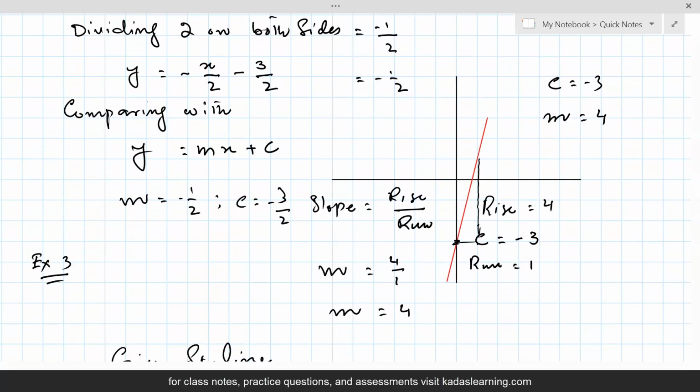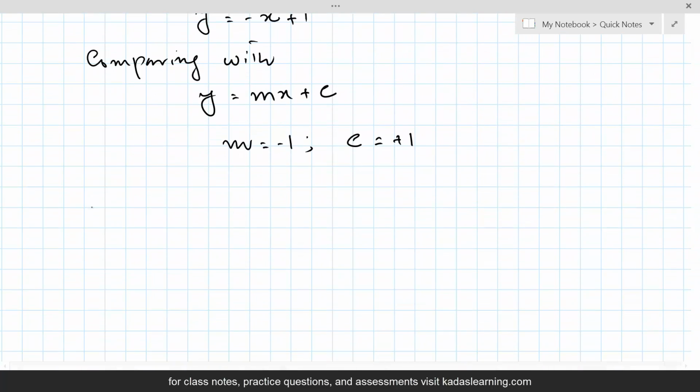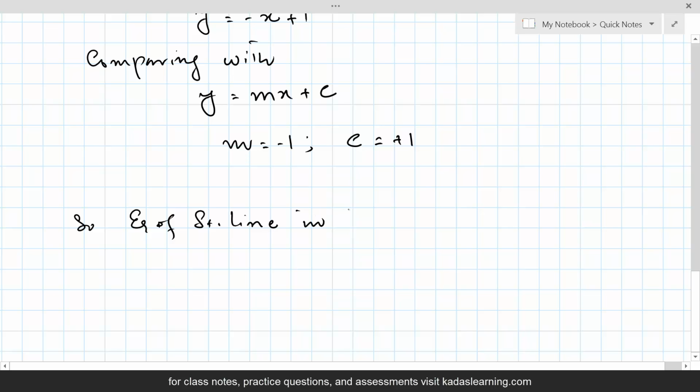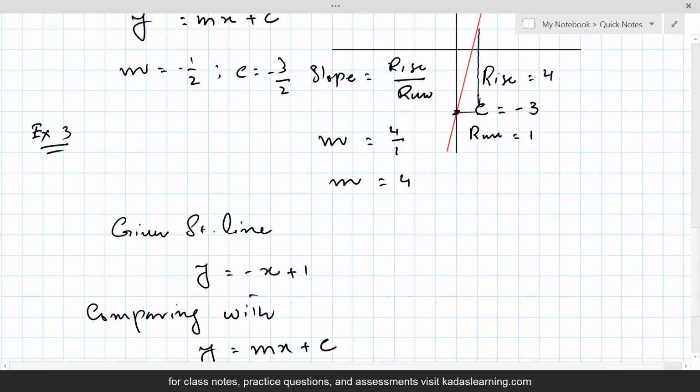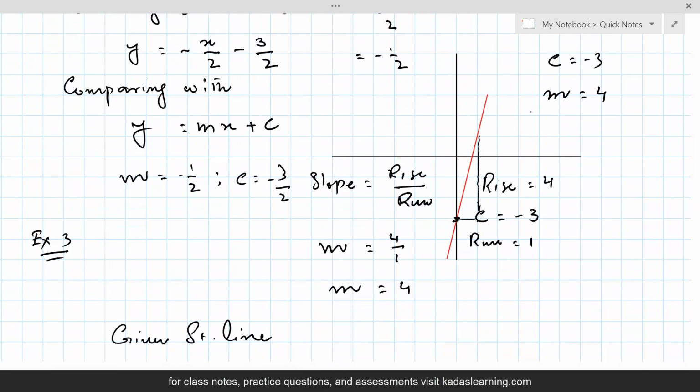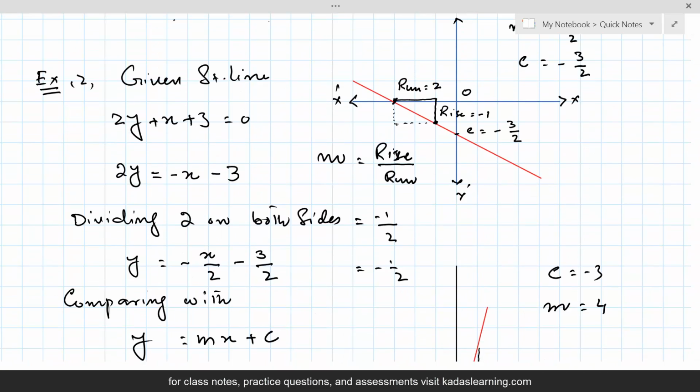So equation of straight line in 1 matches to graph 3, and we can certainly write this as this equation: